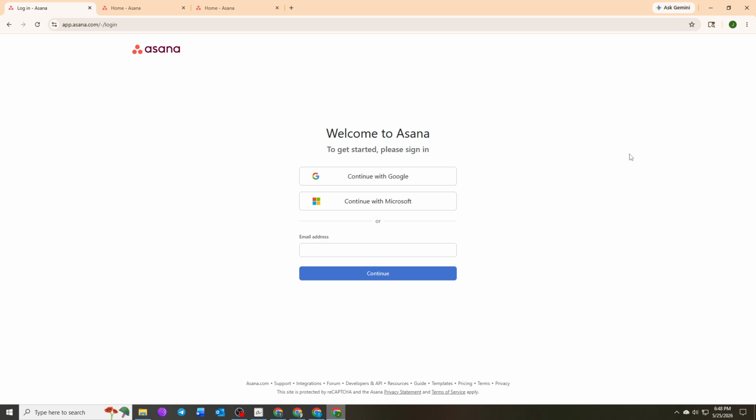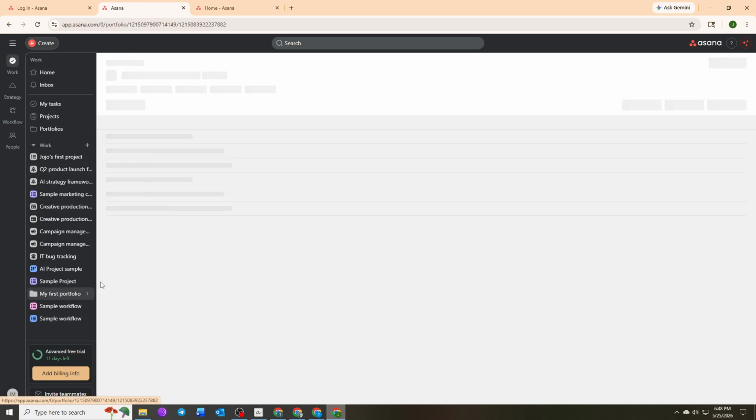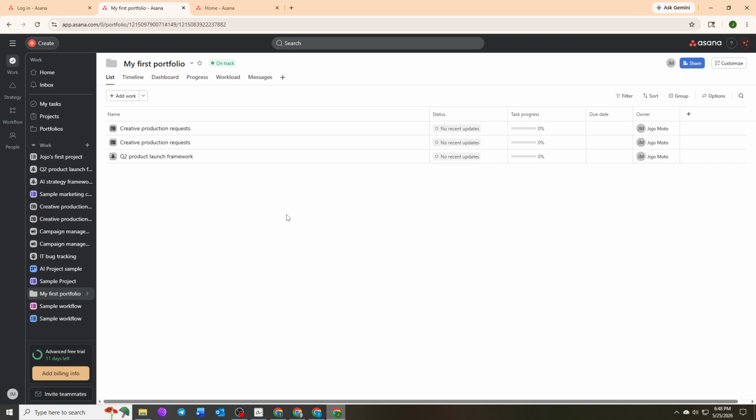To begin, open the Asana project where you want to create a new task. Asana organizes work into projects and sections, making it easier to manage responsibilities, track progress, and keep related tasks grouped together in one organized workspace. Before creating a task, make sure you are inside the correct project so the work appears in the right location